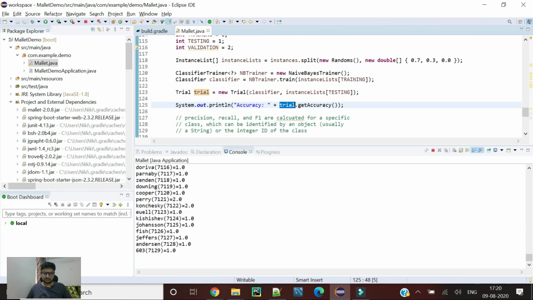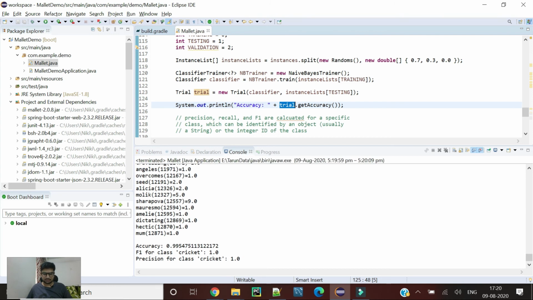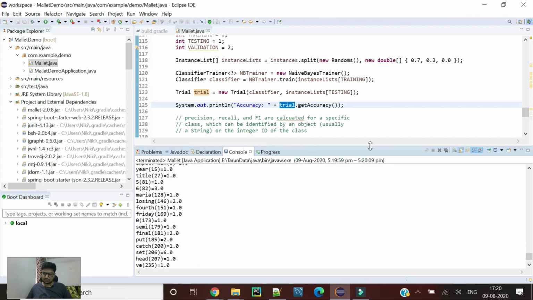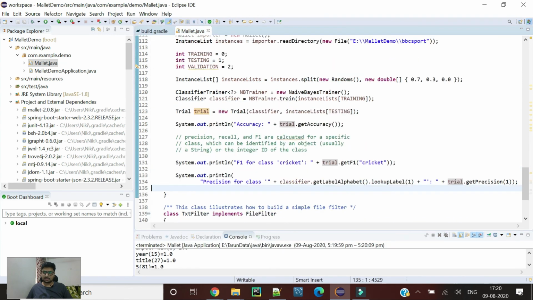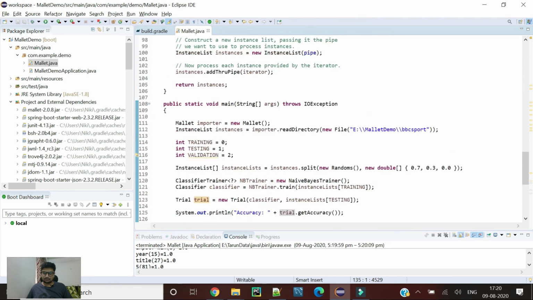You can see that our model is training, and we got an accuracy of 99%. It's good, and it has predicted cricket text with a complete accuracy of 100%. So our model has trained well and is giving us a near-perfect accuracy.